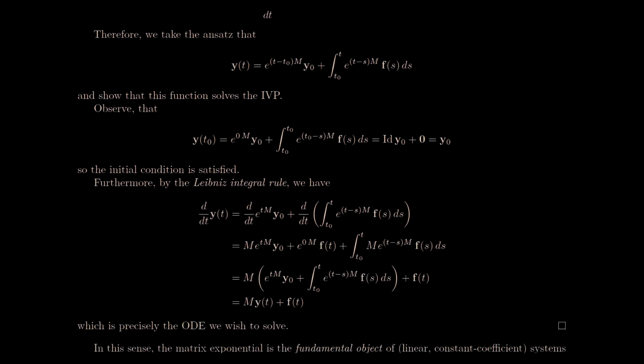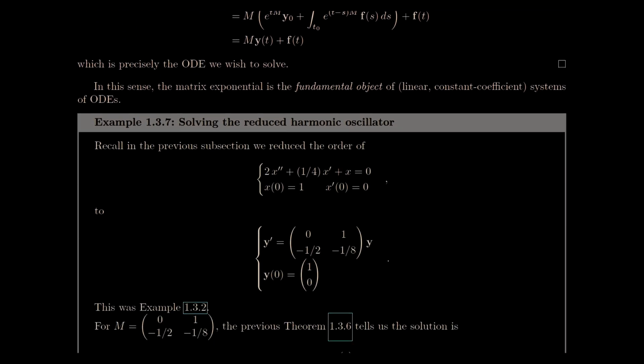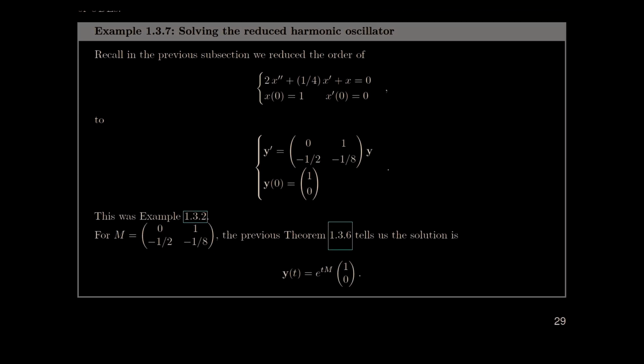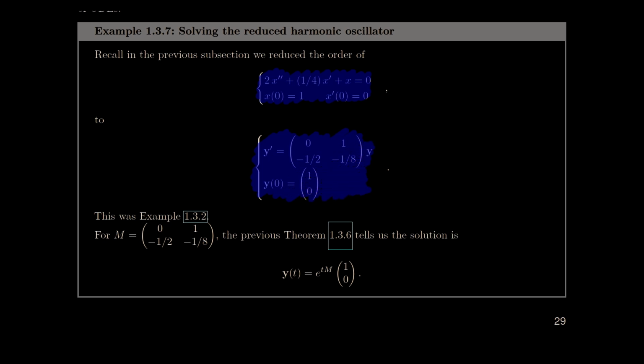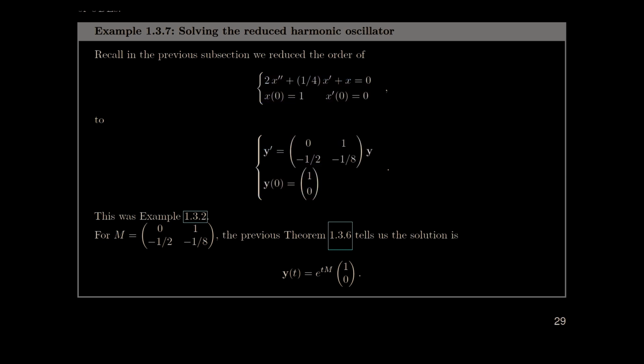Now we can go through a proof, but it's not particularly enlightening. You can go through it if you want. What I have an example of here is actually solving that harmonic oscillator that we found earlier, right? We had taken this harmonic oscillator earlier, and we translated it into the following vector valued ODE using the earlier theorem. So we translated the top one into the bottom one. Now we can actually solve this using our previous proposition. This can be solved